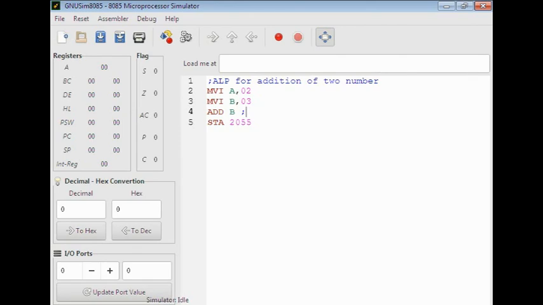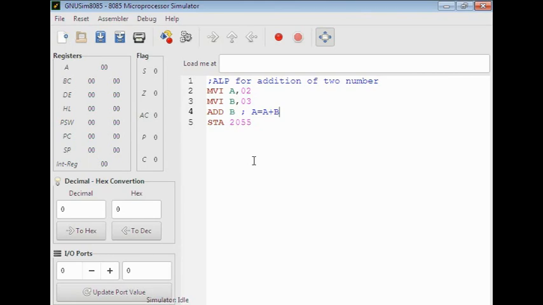This shows A equals A plus B, meaning the values of A and B are added together and stored in the accumulator. STA denotes store the accumulator data at the address 2055.